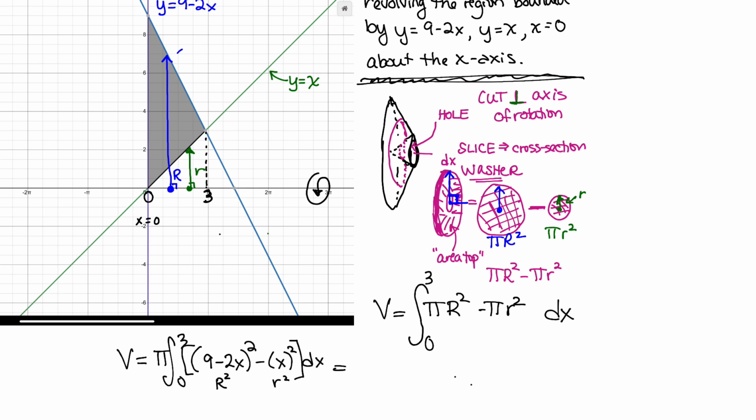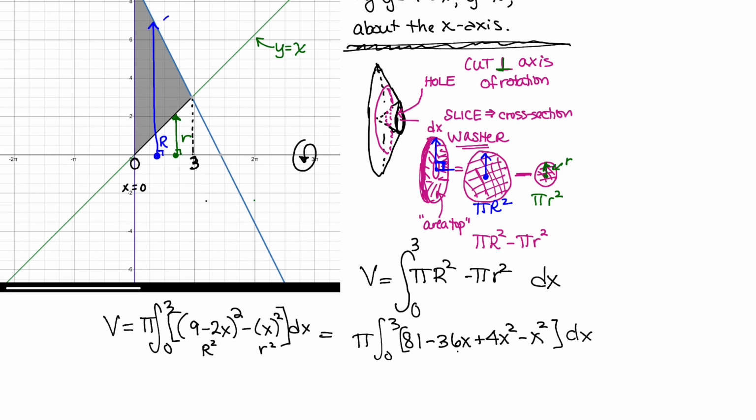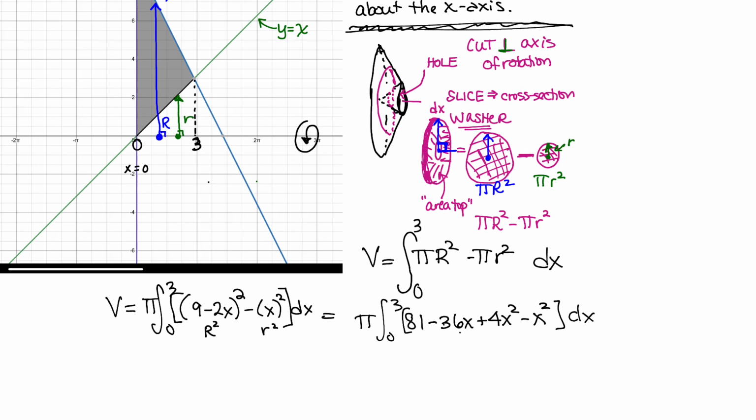I don't want to work this all out just because I don't want to work it all out, although we could. I will tell you one thing. It will be different than the answer you got before. And that's because the shape that you get by rotating around an x-axis versus a y-axis is different, right? One shape we got like this top kind of shape, and this time we're getting like a volcano. So the volume is very different because they're just different. The way you're rotating causes different shapes to erupt,